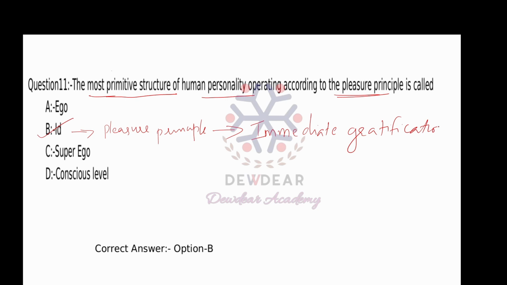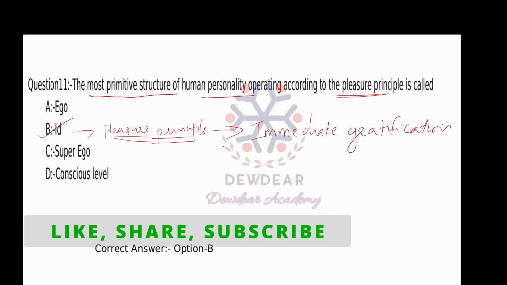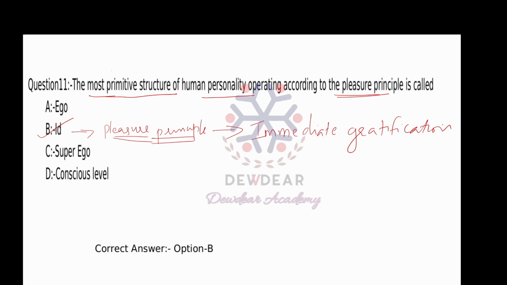This is entirely unconscious, and it includes our basic drives like hunger, thirst, aggression and also the sexual desires. Sigmund Freud described it as the source of instinctual energy and the primal urges. So the id mainly focuses on the pleasure principle, meaning immediate gratification of our desires, and it is not concerned with any morality, social norms or even reality.